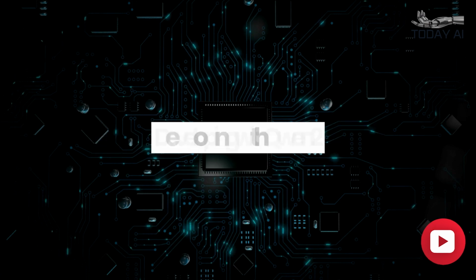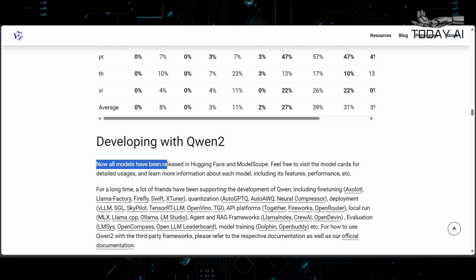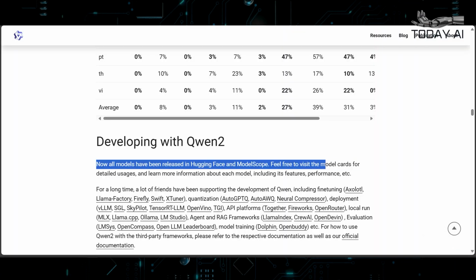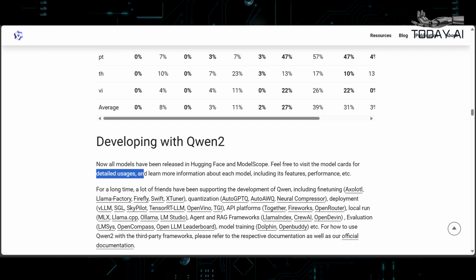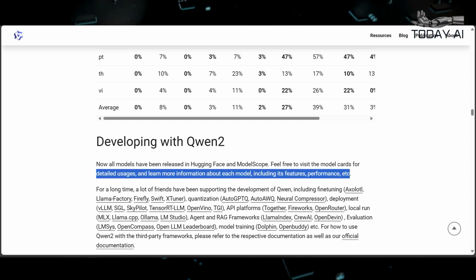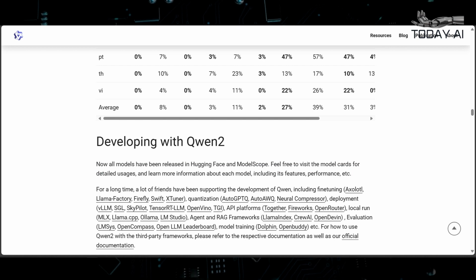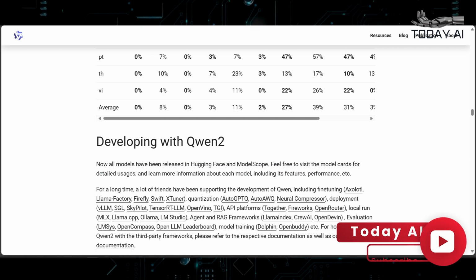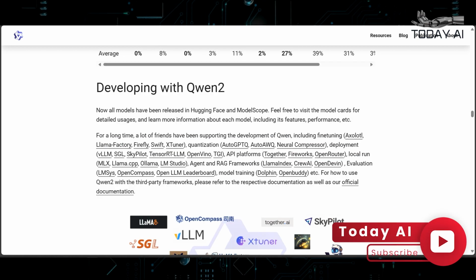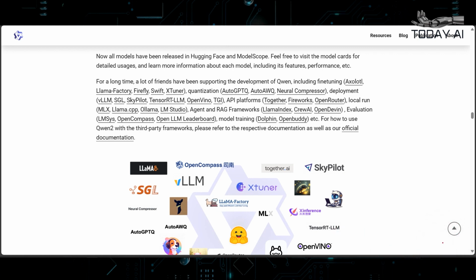Developing with Qwen2. Now, all models have been released in Hugging Face and ModelScope. Feel free to visit the model cards for detailed usages and learn more information about each model, including its features, performance, etc. For a long time, a lot of friends have been supporting the development of Qwen, including fine-tuning, Axolotl,